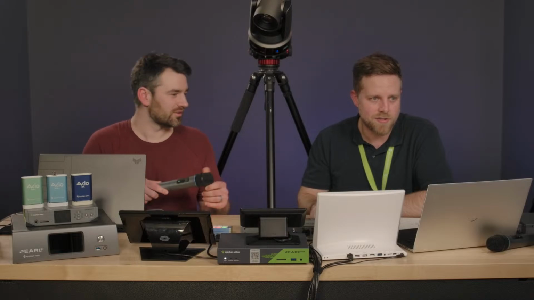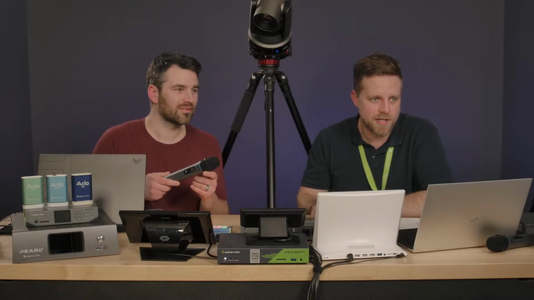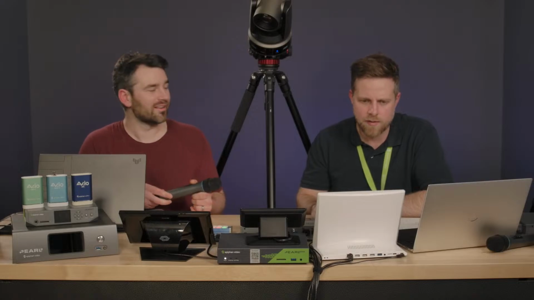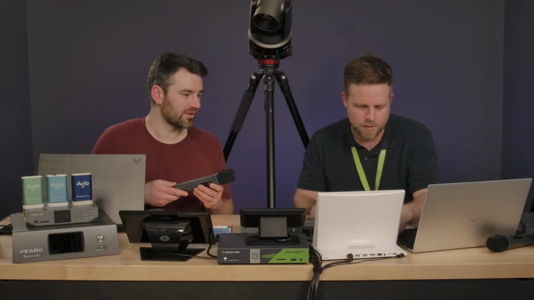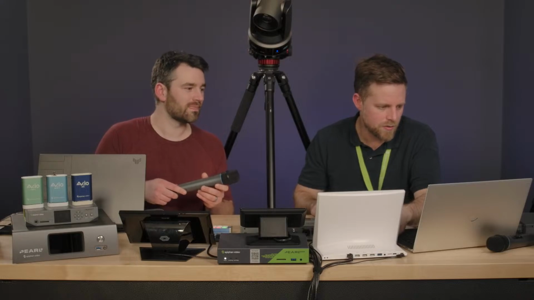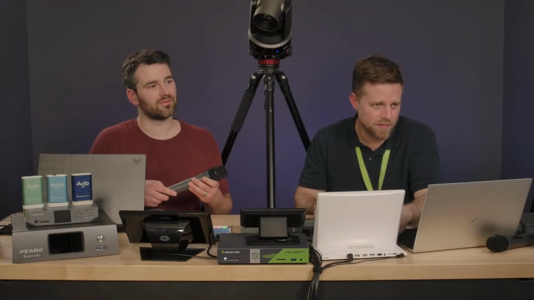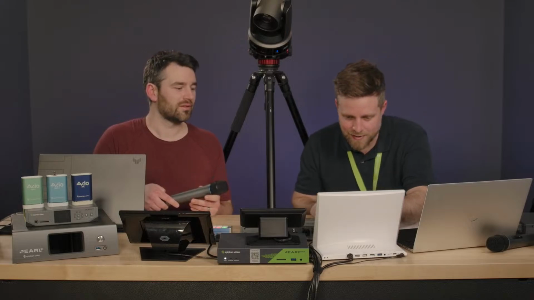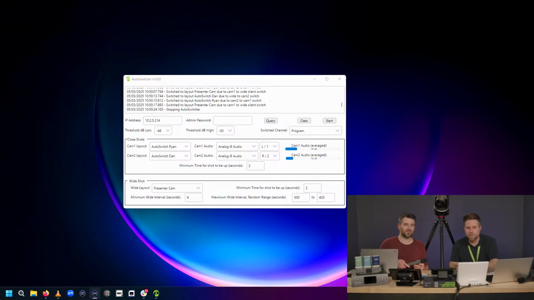Yep. So this is a cool application that we've been testing internally, and let me just get to it here. I'm going to hide all of this stuff. Do we want to switch here? Oh, no, it'll do it all itself. Let me just go back to my Stream Deck interface here. Bear with me for a moment. There we go.